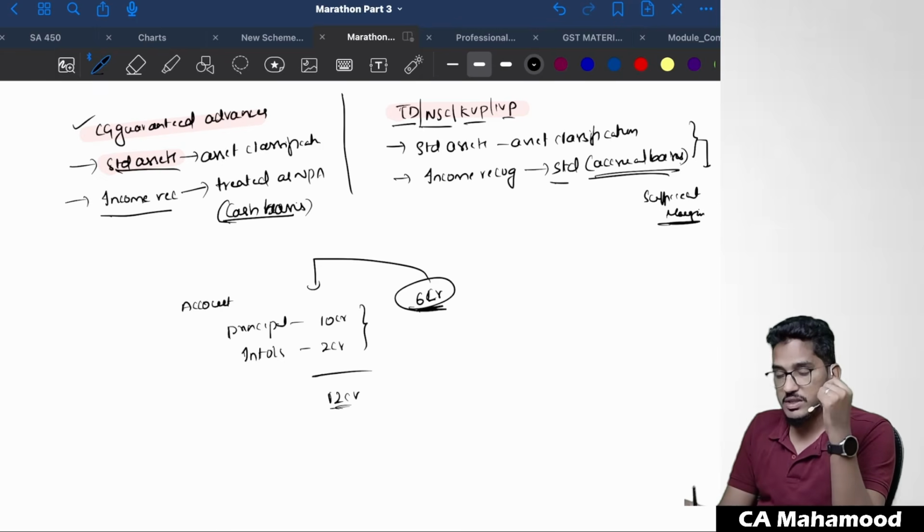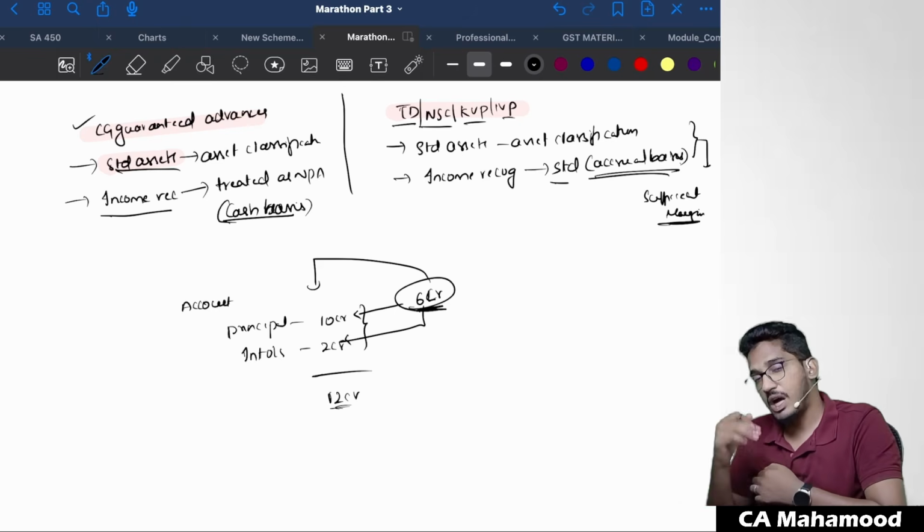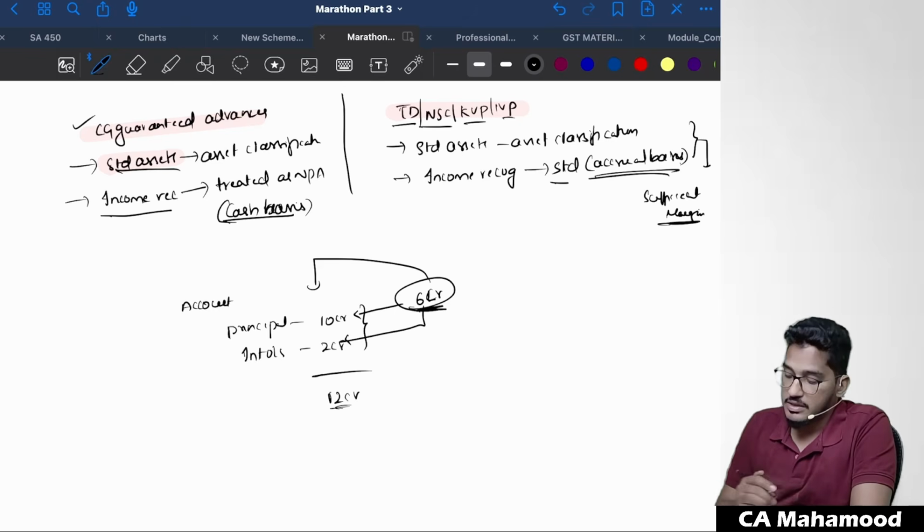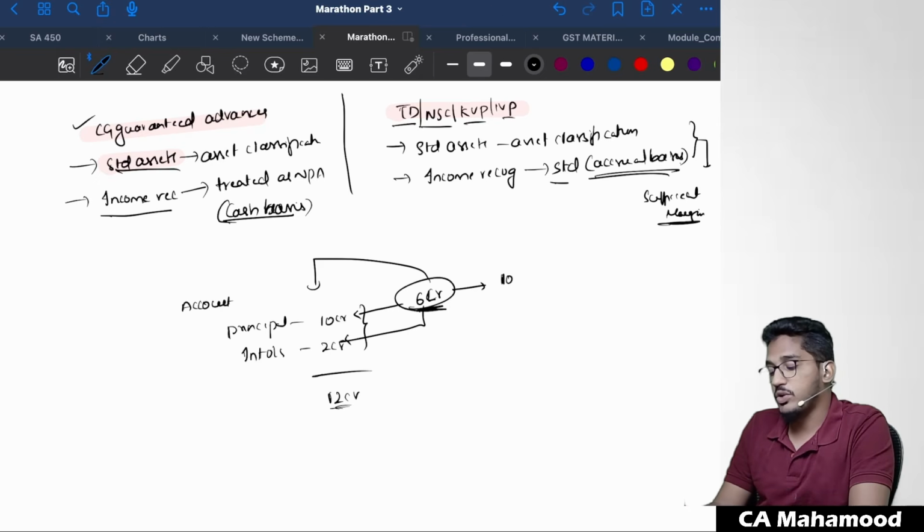Whether this 6 crore rupees as full and final settlement should be treated as principal repayment, or should we treat it first as interest payment and the balance as principal repayment, or apportion it between the two. What should be done? How do we have to treat it? Generally, how to treat this partial recovery will depend on the loan agreement. Generally, in the loan agreement, the terms and conditions regarding this will be clearly written.